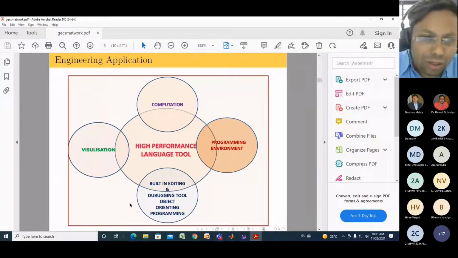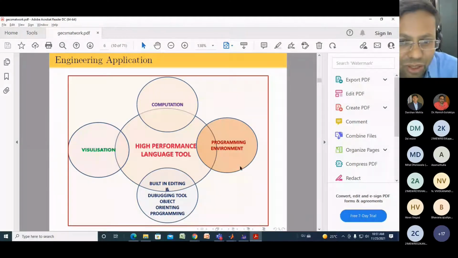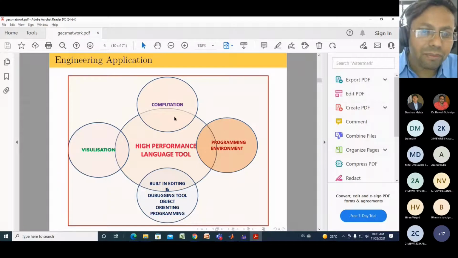So how is MATLAB used? Basically, MATLAB has four powerful functionalities. First, you can use MATLAB for computation, a very important attribute of MATLAB. Computation means, if you have a very complex algorithm or a very complex equation, you can use the MATLAB platform to compute such an equation, or to solve that algorithm.